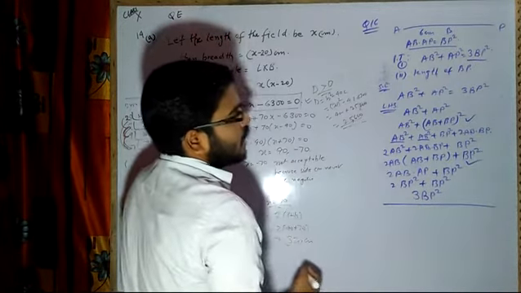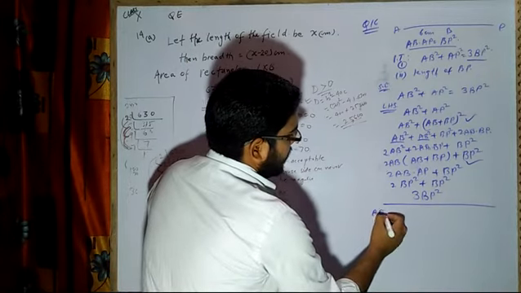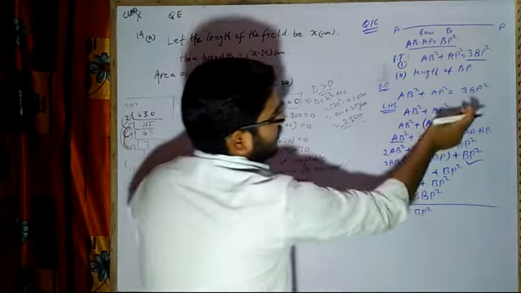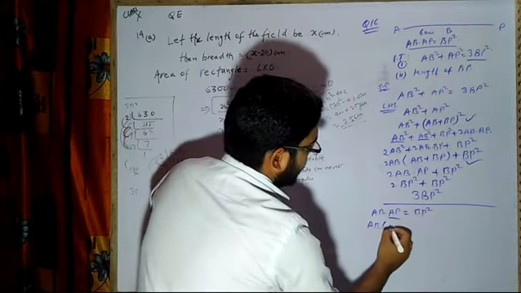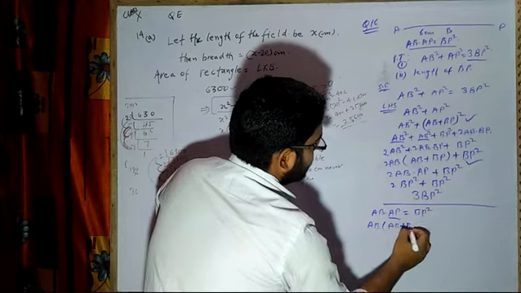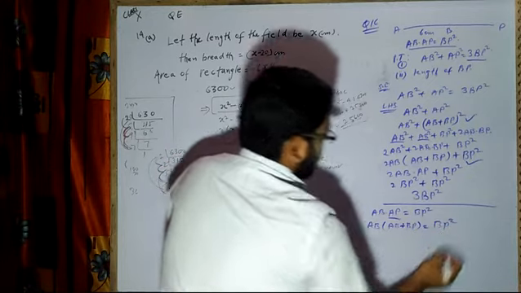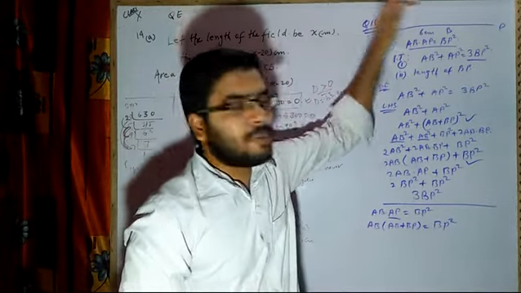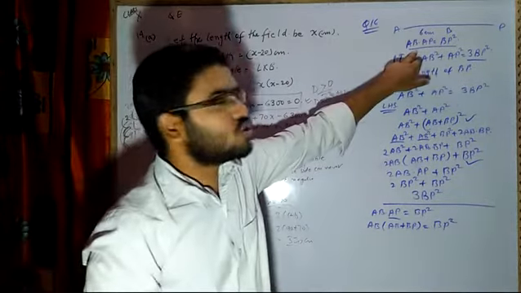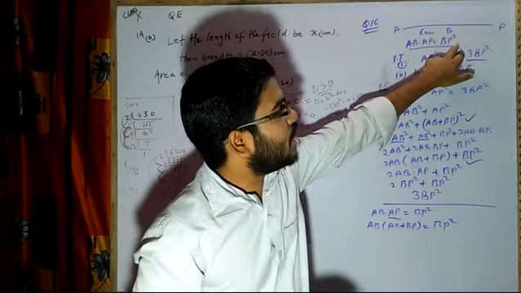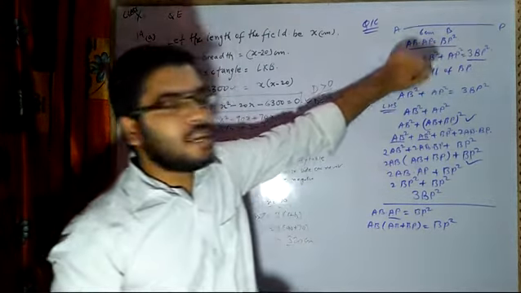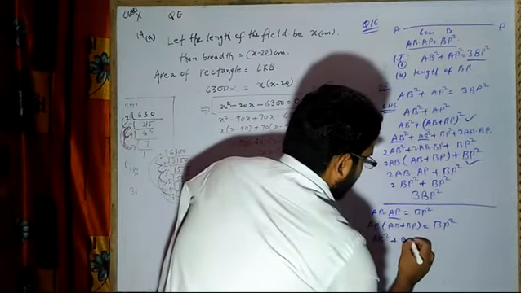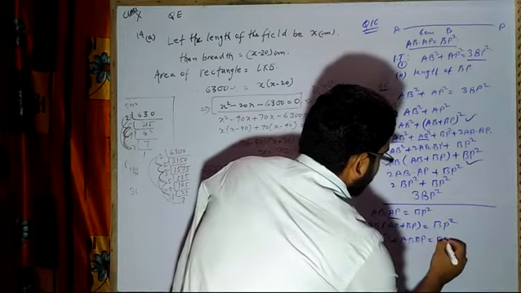Now we have to find the value of BP. As it is given, AB into AP is equal to BP square. So what I can do, again the same thing, I can write like this: AB into AB plus BP. Now why am I breaking in this form? Because all these terms are in 3 variables. AB, AP, BP are all variables, where AB is known, that is, it is a constant. This we have to find, it is in a square. So I can convert AP in terms of AB and BP, so that I will get certain values. I can write AB square plus AB into BP is equal to BP square.